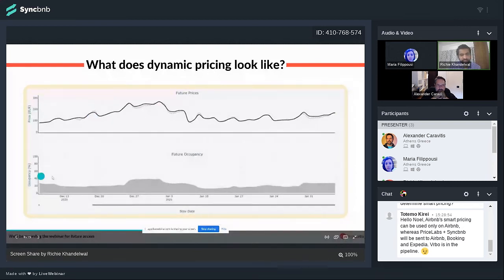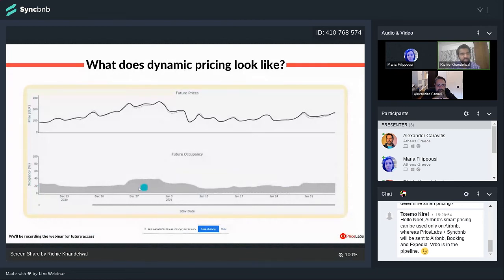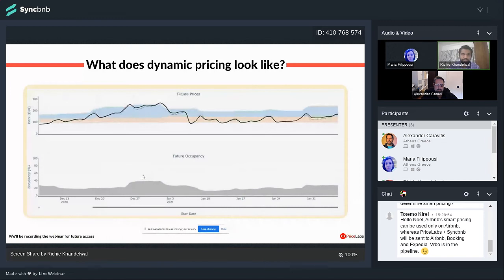The other thing that's happening is it's based on market occupancy, saying where is market occupancy, because there is a certain demand, but there is also availability, right? If the market occupancy is very high, you want to push your prices further higher because you can still get a booking, especially if you have days from when the booking date is.